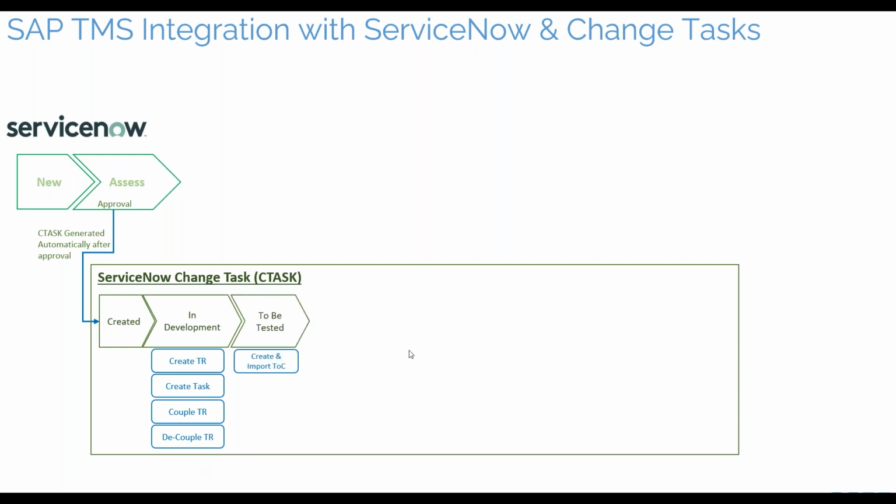Then in addition to that, for example, where you are in to be tested, you could create and import an ATC, let's say, into your QA environment. And then furthermore, when you get into successfully tested, you could release and import the TR. So this is very similar if you've used ChaRM or, for example, Focused Build. You could design a similar workflow within this change task without actually modifying your actual workflow or your standard workflow